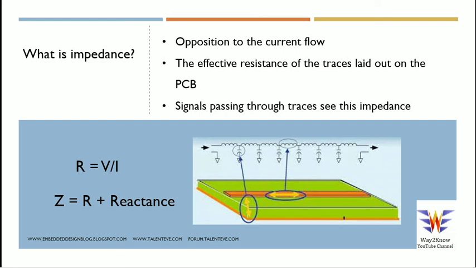So it's the same resistance that we are talking about here in the PCBs as well, but in the PCB, in addition to the resistance, we also have reactance. This resistance and reactance combine together to form the impedance on the PCB. If you see the image here, this is the PCB trace that is laid out, and there is a dielectric, the green, and then there is a ground layer beneath. So this is a trace, right? And this is a conducting trace.